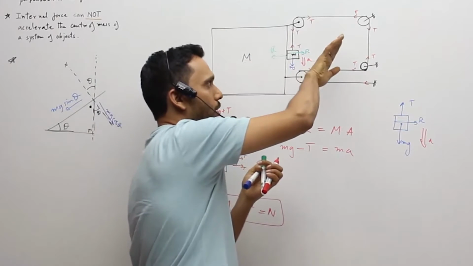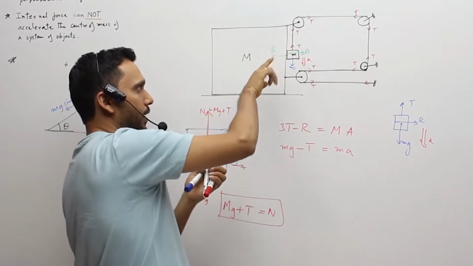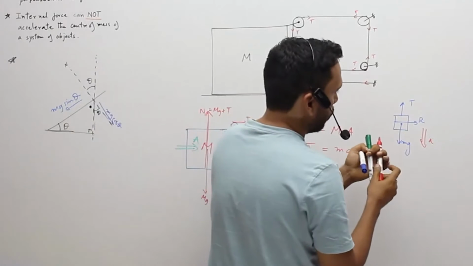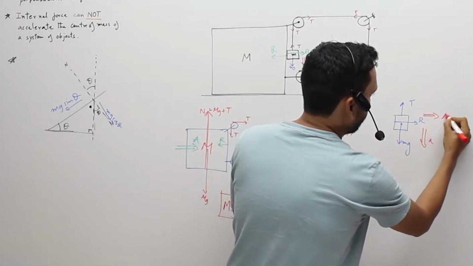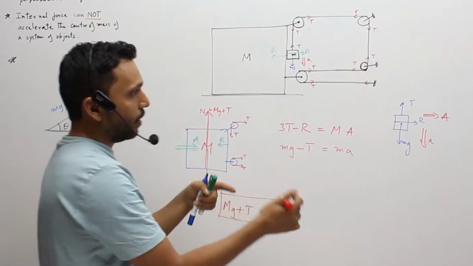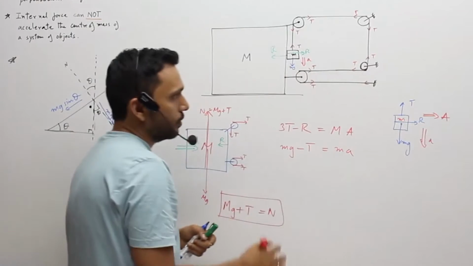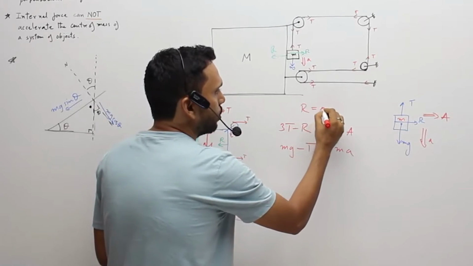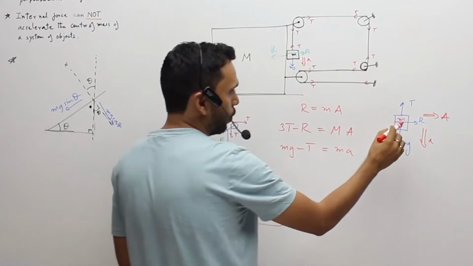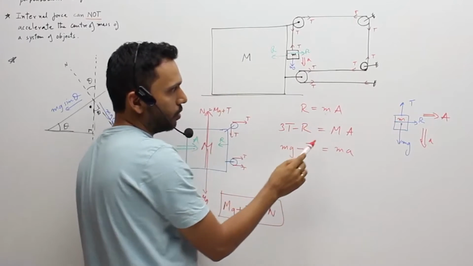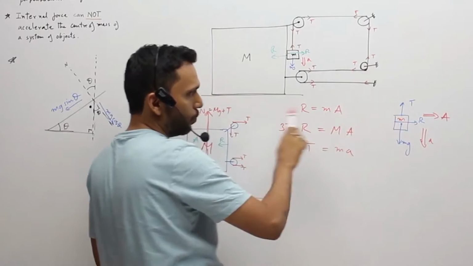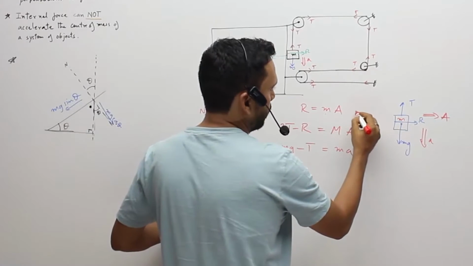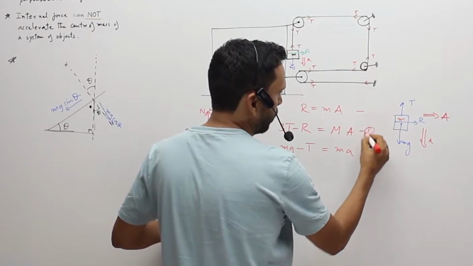The mass was sticking to the big mass. If the big mass is going forward with acceleration A, this mass is also going along. In the horizontal direction, the small mass m is going along with the capital mass M. So in the horizontal direction, the acceleration of the small mass was also capital A. So in the horizontal direction we can write R is equal to small m into capital A, R being the only horizontal force on it, causing a horizontal acceleration.